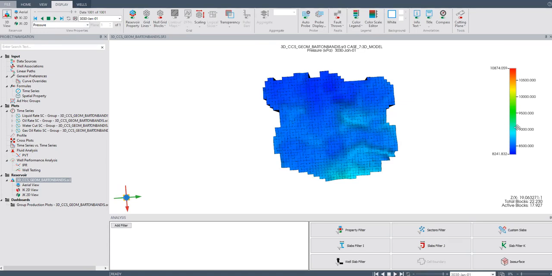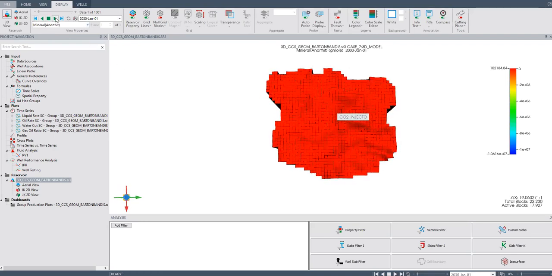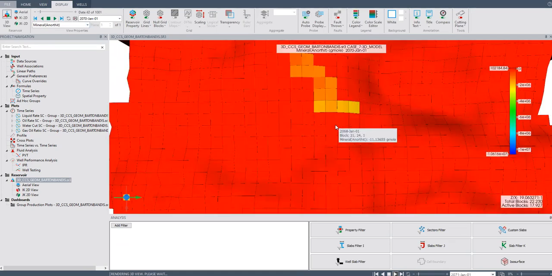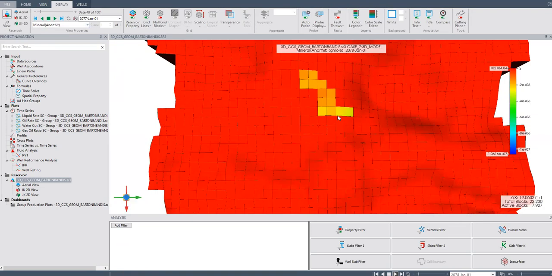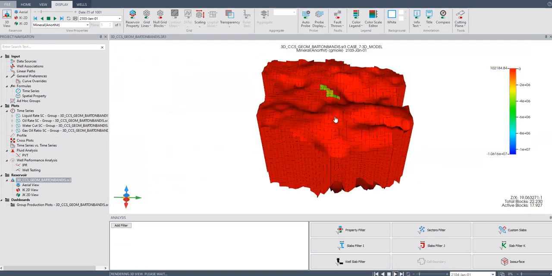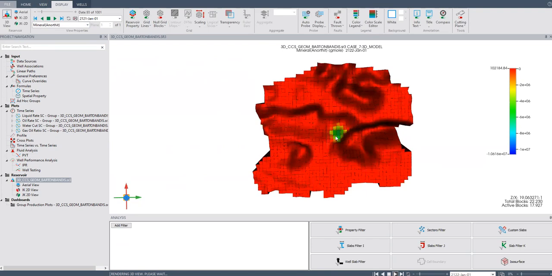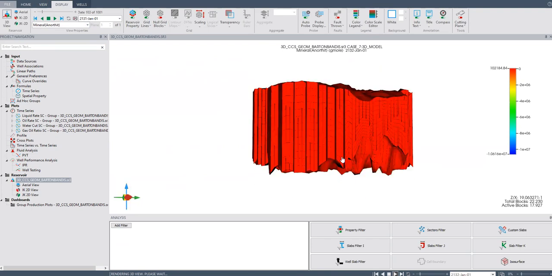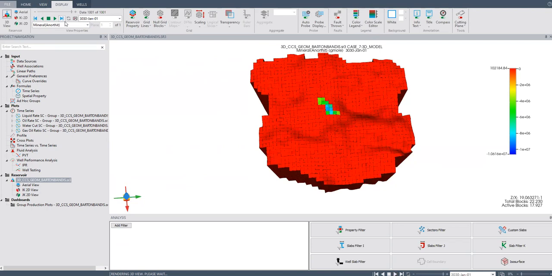What is more interesting is, of course, the mineral. So let's see the mineral, for example, anorthite. Go to initial condition. Let's see what happens. Yeah, you can see the change in color from top view and also from bottom view. Fast forward, and you can also see, go to initial again,